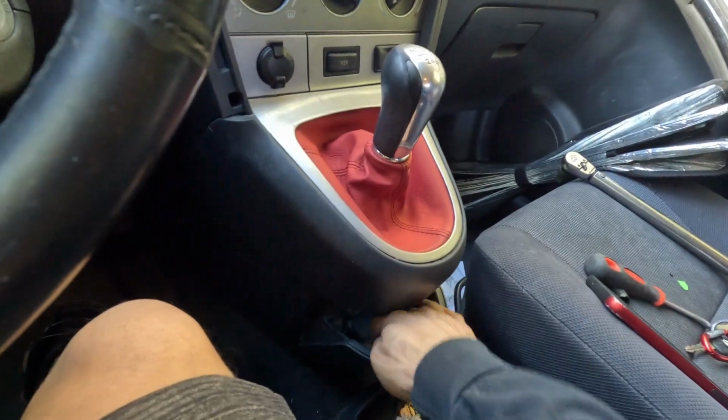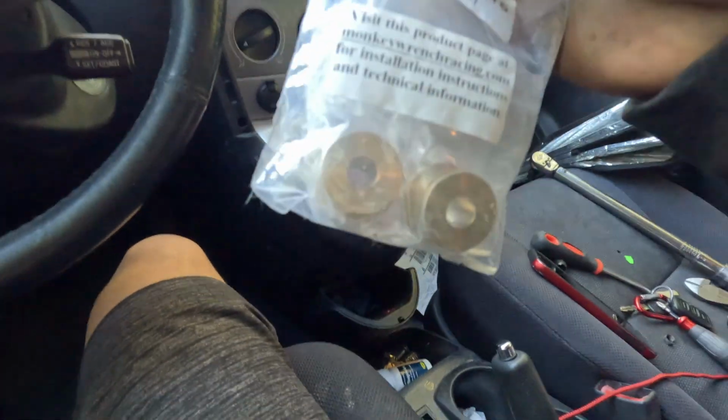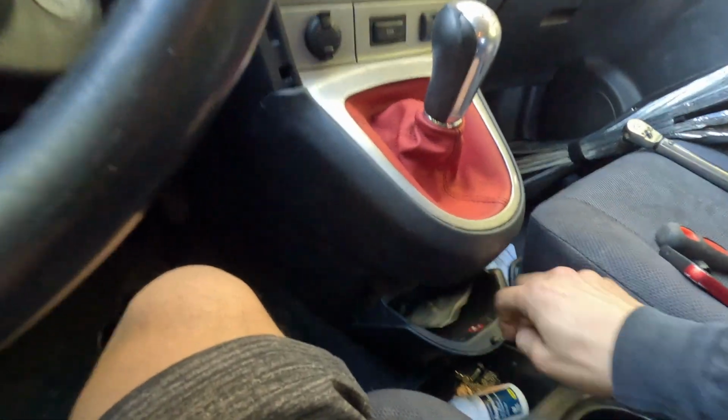I didn't put the bushings in. As you can see, these are the bushings still. I didn't put them in because I messaged the group chat that I'm a part of with all the Matrix owners that I know, and some of them said yay, go, it's a good product, and some of them said no, it's not. So what I want to do is actually drive the car with the short shifter and kind of